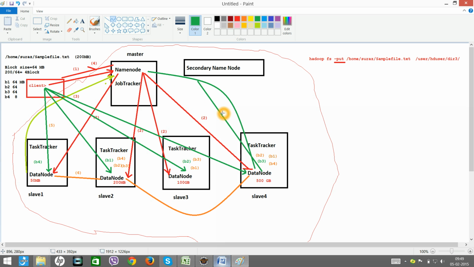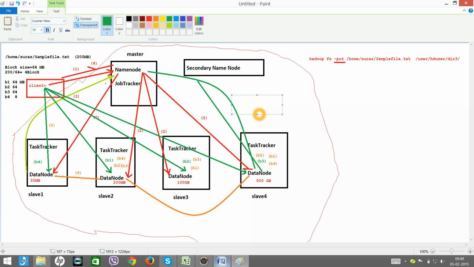You ignore this line. Okay, so that was step number 6. All the replication got over. And step number 7: in this step the data node will inform the name node what it has stored. Each data node will inform the name node that, boss, I have stored this block, this block, this block of this file.